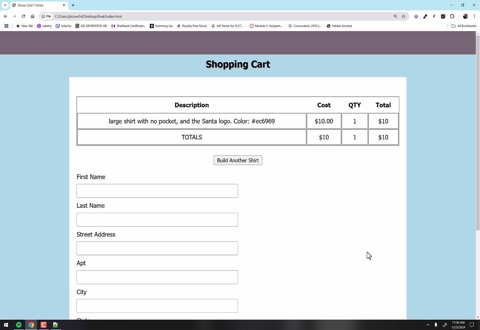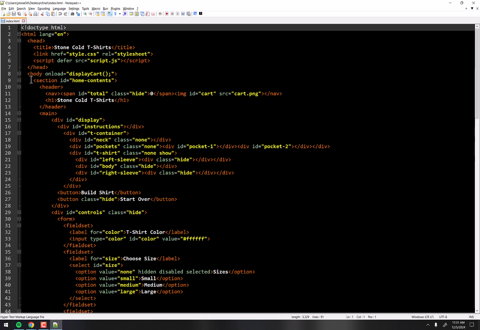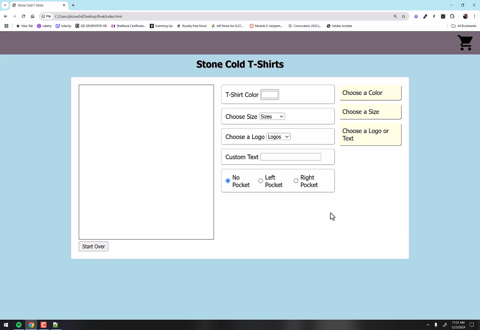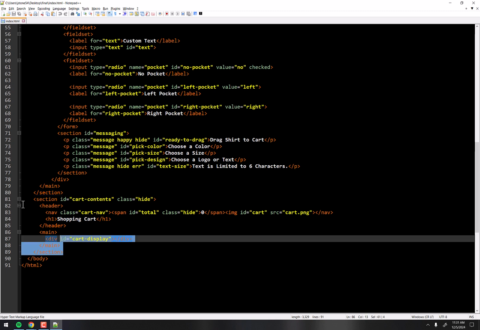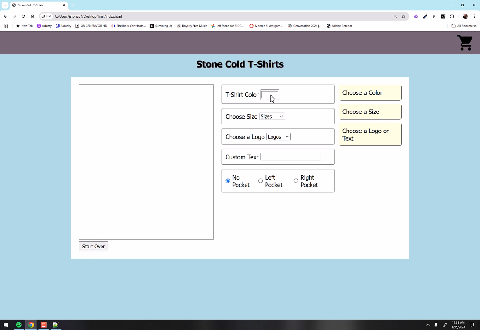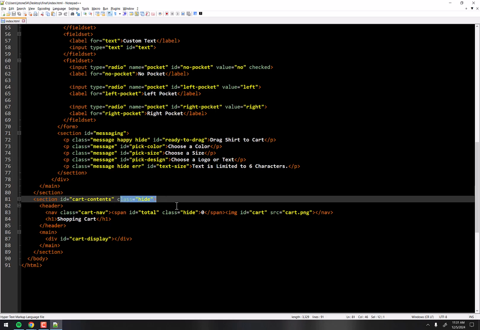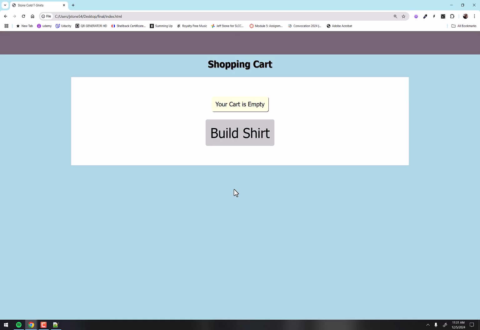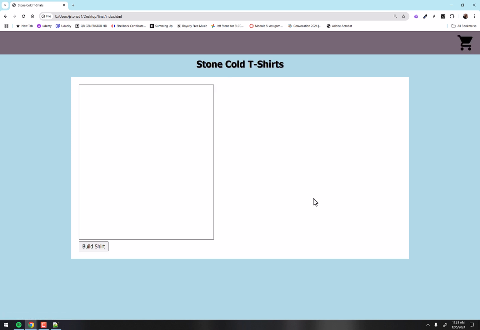And I'll even show you my index file so you can see how it works. Don't copy my index file, but I'll give you the basic idea of what I did here. What you got here, I just had two sections in the body, right? Starting on line 9, this section goes all the way down to here. And that section is all of this and all of this stuff here. And then I have this section, which is the cart contents, and notice it's hidden at the moment. When I click on the cart, it swaps. It removes the hide class from here and it puts a hide class on here. And so it displays either that top section or that bottom section. Then when I click here, it just reverses it again, right?